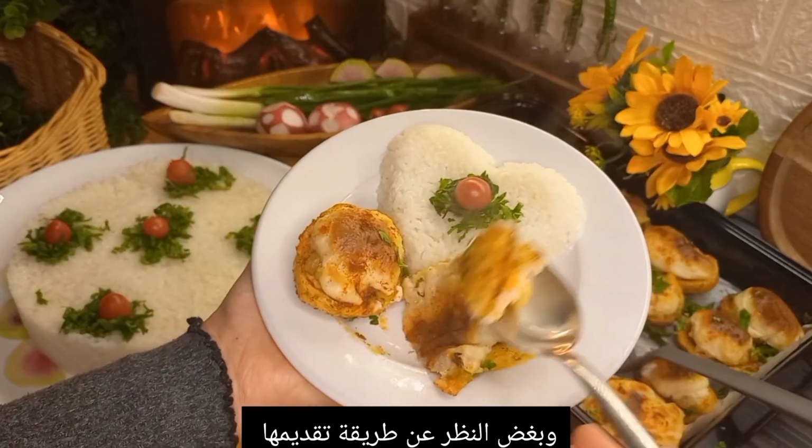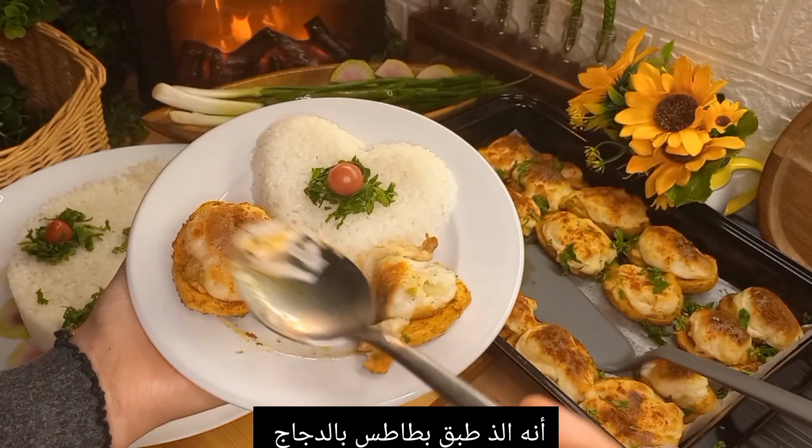And no matter how you serve it, I think you'll find this to be the most delicious chicken and potato